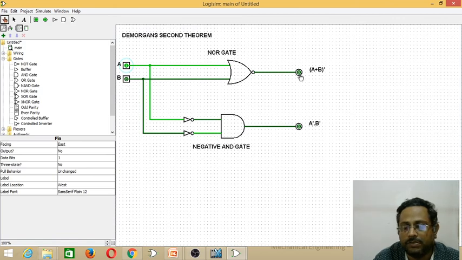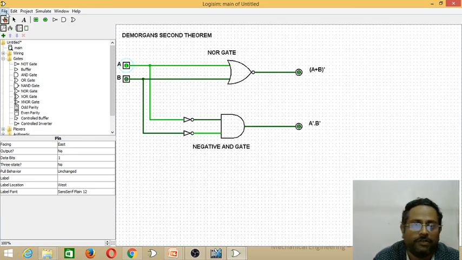So you observe both the outputs are the same. If 1 1, both outputs are the same. 0 1, both outputs are the same. 0 0, both outputs are the same. See, for all input combinations, the output at RHS is the same as LHS. That's why the second theorem is also proved.